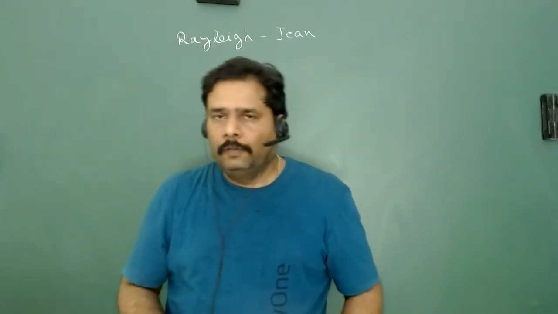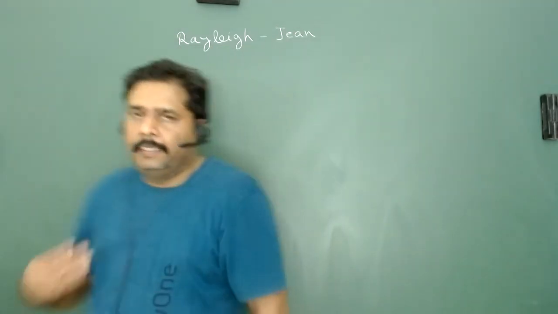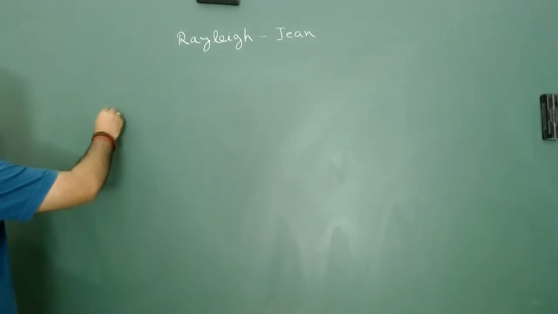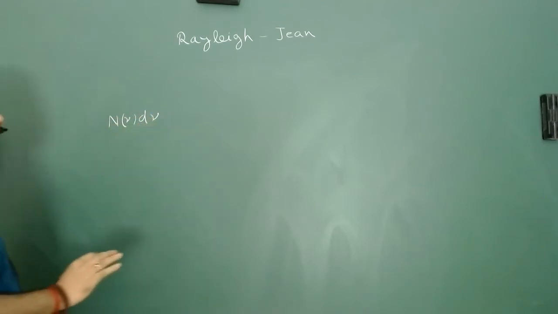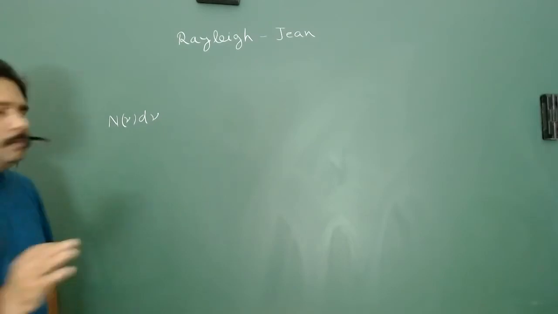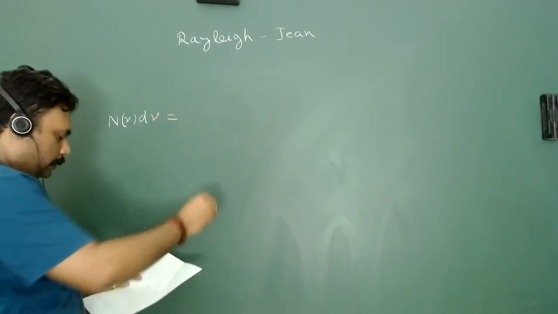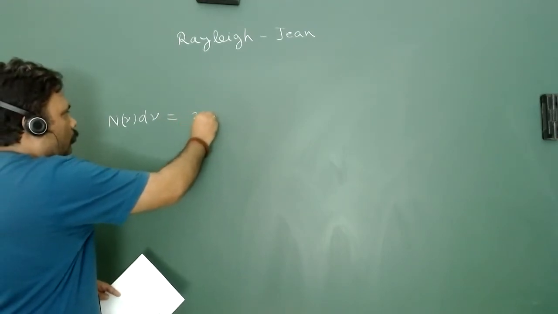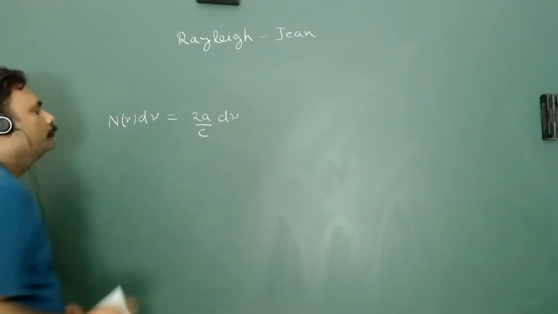So what we have seen is that n(ν) dν, the number of modes or number of waves in a very simple way between frequency ν to ν plus dν in one dimension, is equal to 2a by c into dν. And